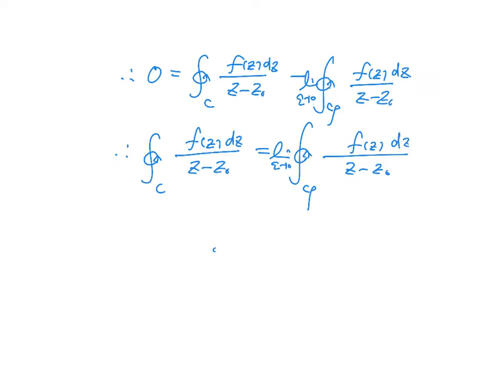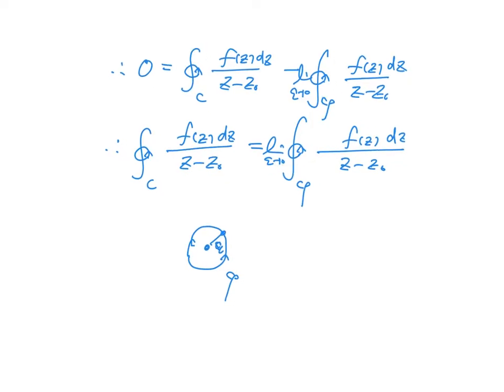So 0 is this. We have epsilon. So on this point, z is z naught plus epsilon exponential I theta, right? So